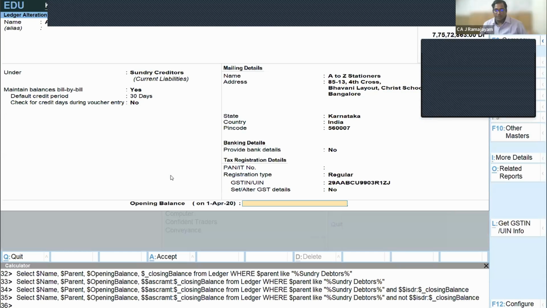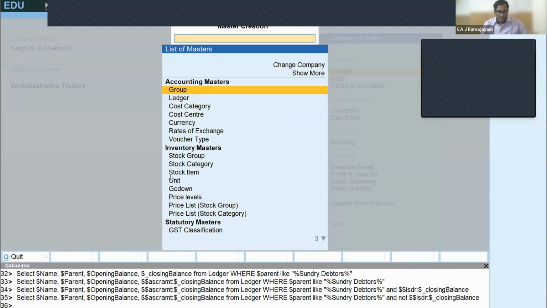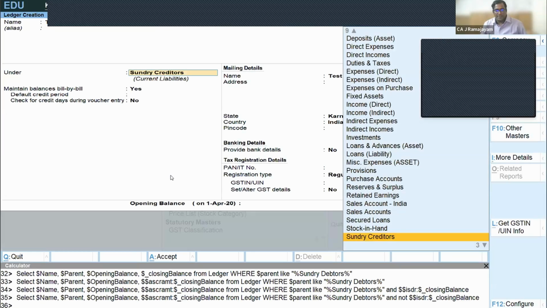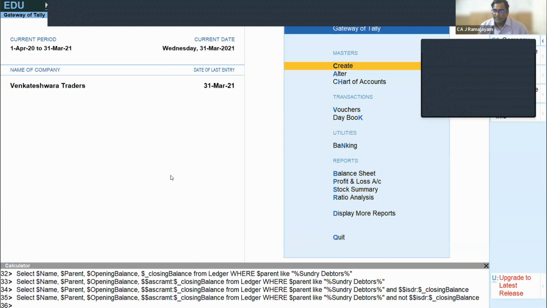Maybe change the balance also. Done. I'll create a ledger. I'm going to say test payment sundry creditors. I created a ledger. Now, friends, as a sequence of events, all these, let's assume it is an edit log